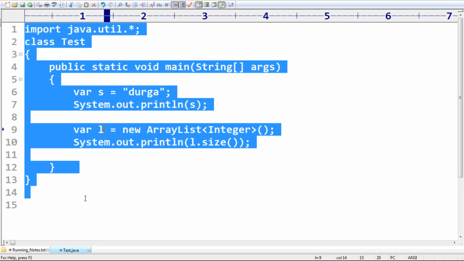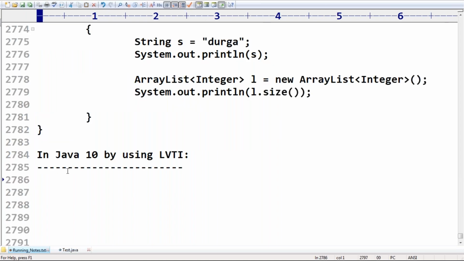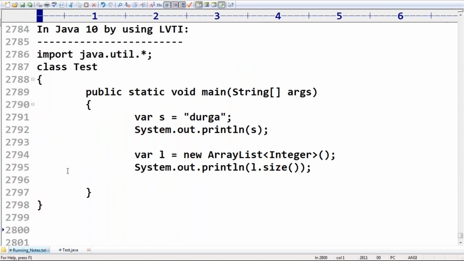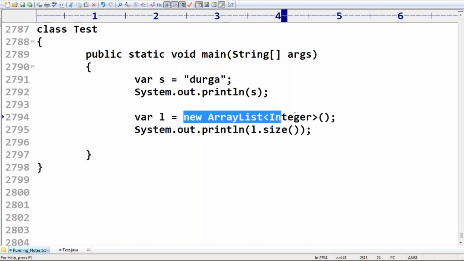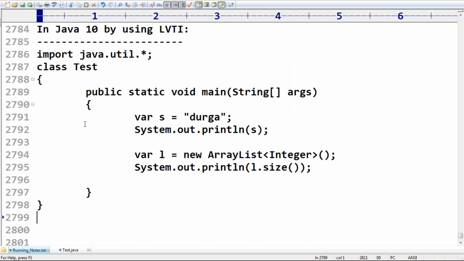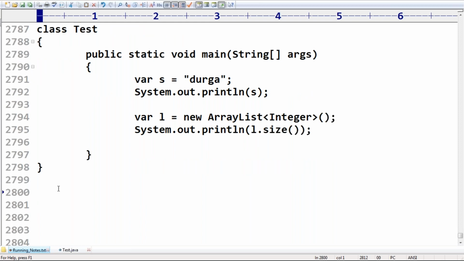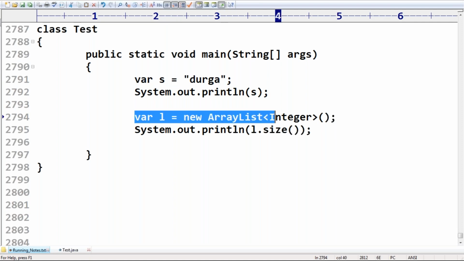So this is how you can declare local variable type inference. Any doubt about this one? Which keyword do we require to use? var. So this var must be required. Sir, it is a variable, so of which type? The type is considered automatically from the right-hand side, based on the right-hand side provided value. This is called local variable type inference. Remember this one, sir. The syntax is: var s = "Durga"; var l = new ArrayList();